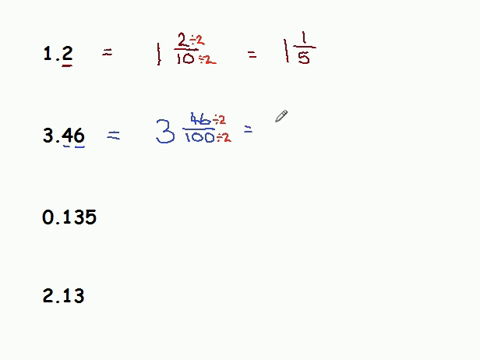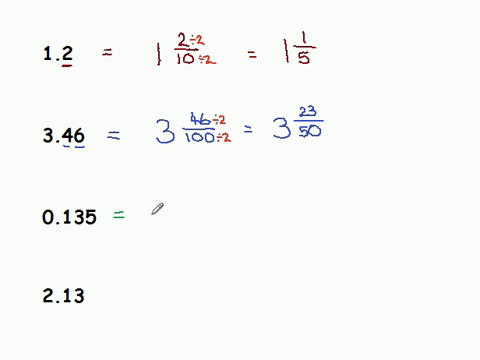So again, the whole number's not affected by this. 46 divided by 2 is 23. 100 divided by 2 is 50. And that's as far as we can go, because there's nothing that goes into 23 that also goes into 50. 23 is also a prime number. Let's have a look at this one,